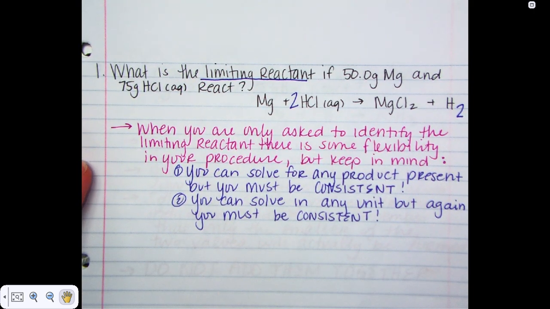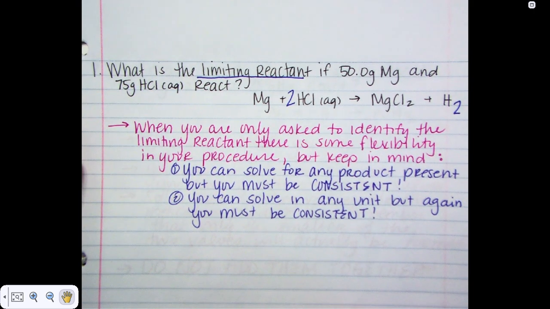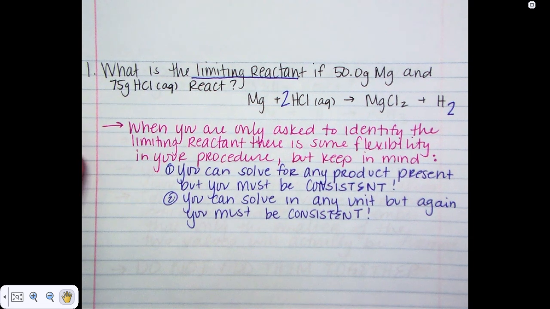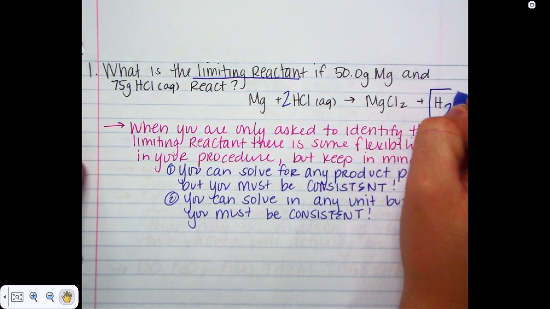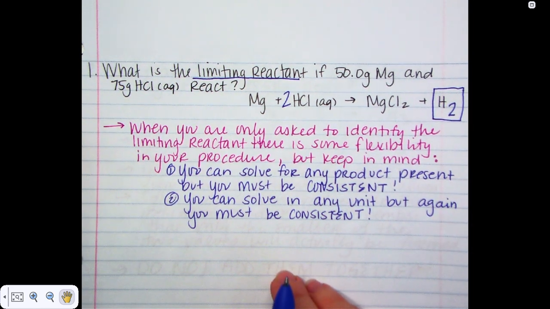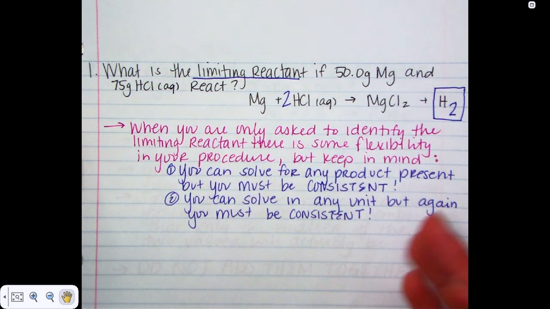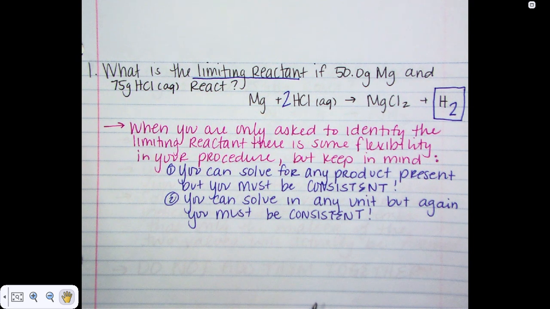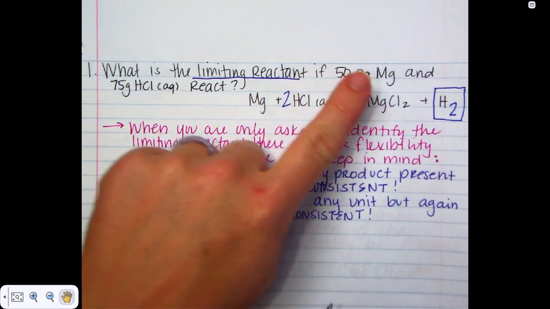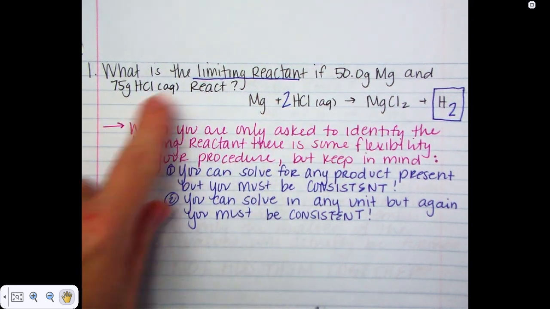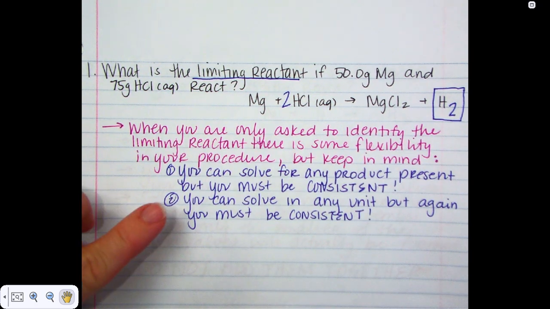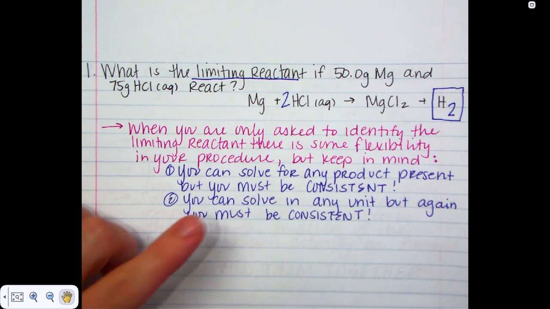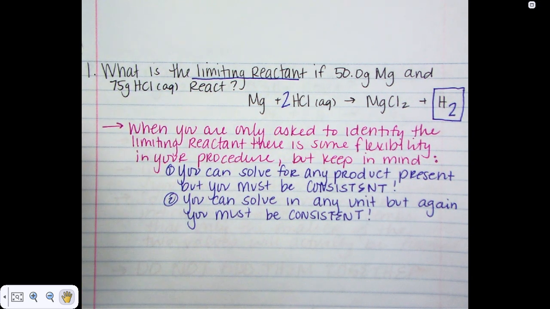All right, so in order to set this up, I'm going to pick one of my two products. Again, it doesn't matter which product. I'm going to pick the H2. You could just as easily pick the MgCl2. I'm just choosing to pick the H2 because it's less to write. So I'm going to take both of my starting amounts and I'm going to solve for moles of H2. Now again, I could go to any unit, but I'm going to go to moles of H2 because it requires the least amount of math. All right, so